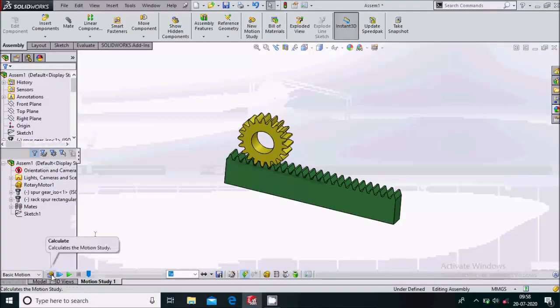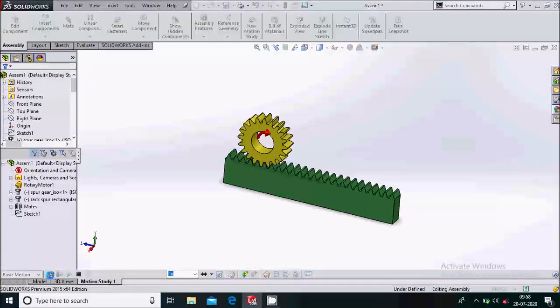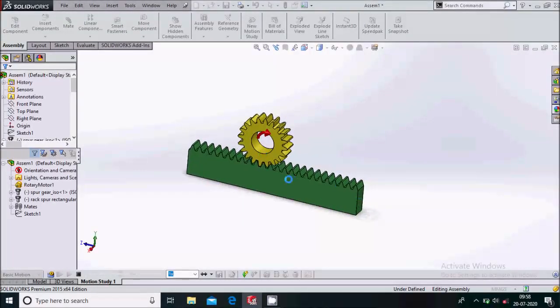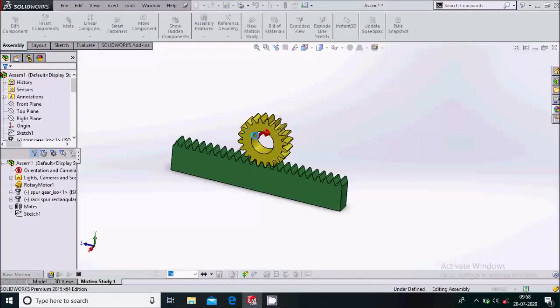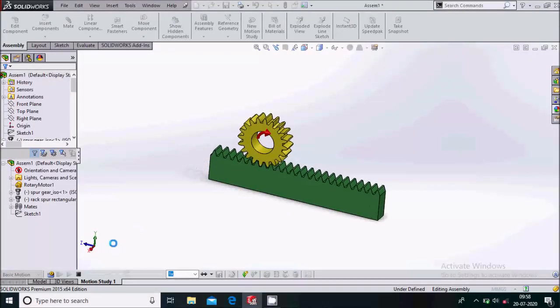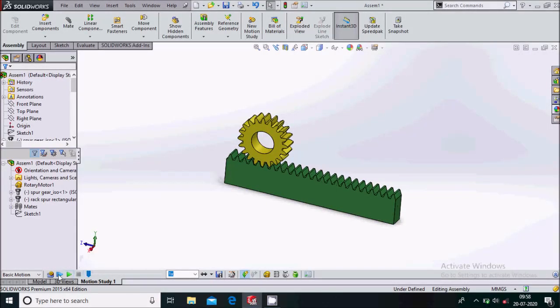Simply say OK. Now click on the calculate button. We'll see whether it is working or not. So you can see it is working well. It is moving. So simply stop it. We'll play back it again.